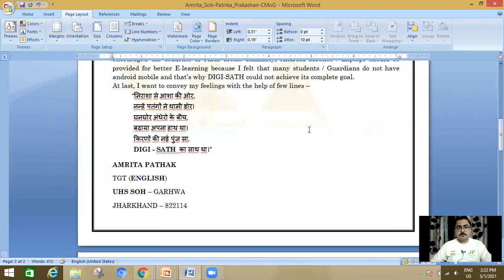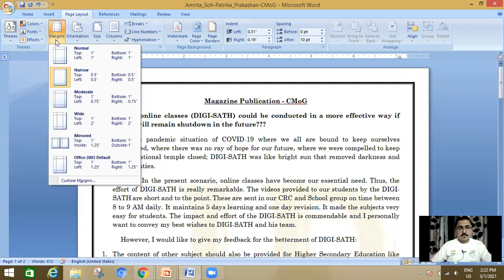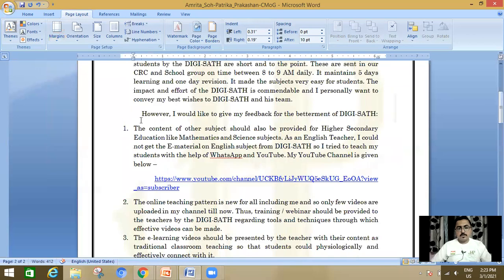Now, you can see that from the starting of the page, the letters start and have margins of 0.5 inch. Okay. And if I take normal again, now it changes.